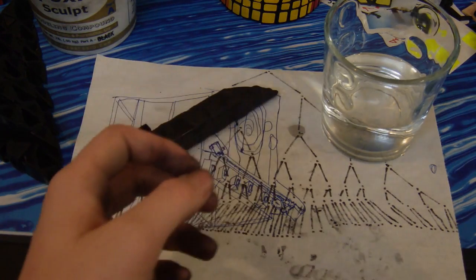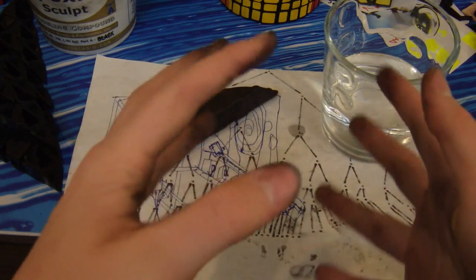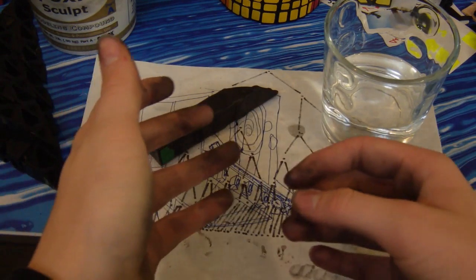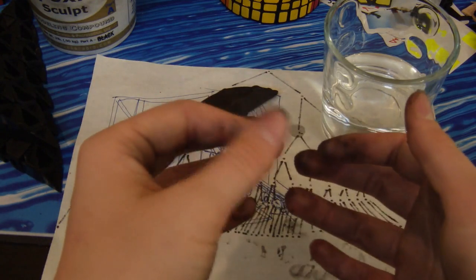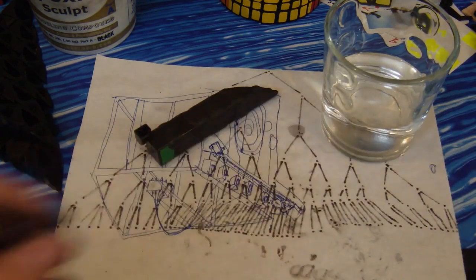Now I'm going to just talk a little bit about when to start sanding the puzzle and stuff. Now this has come out from a lot of experience, and generally 24 hours is a pretty safe bet. But yeah, here I'll show you some